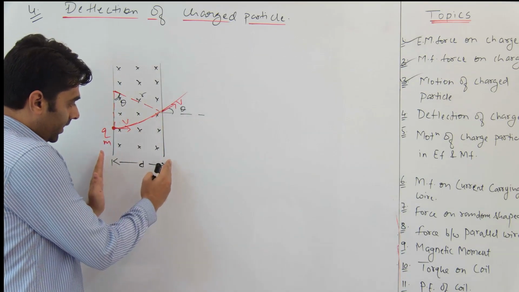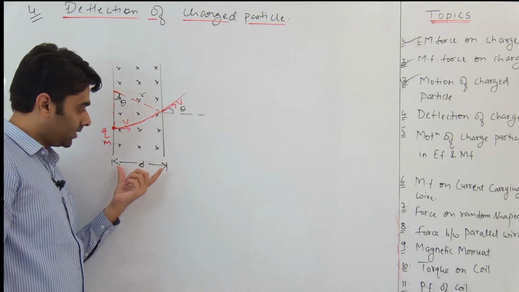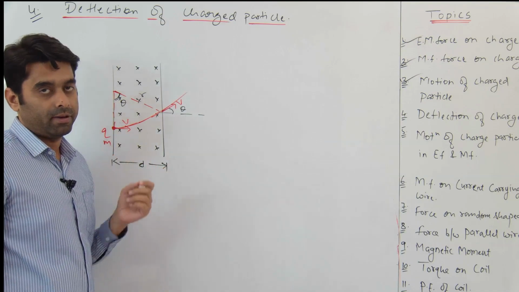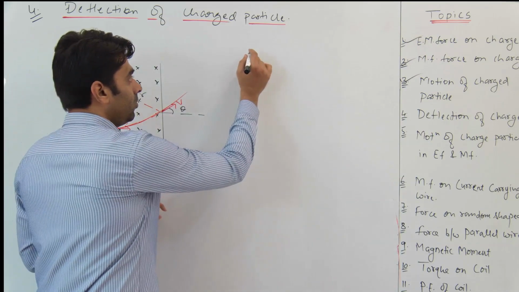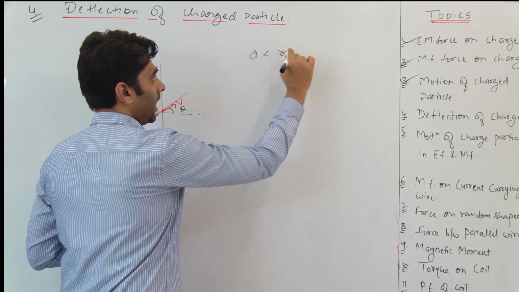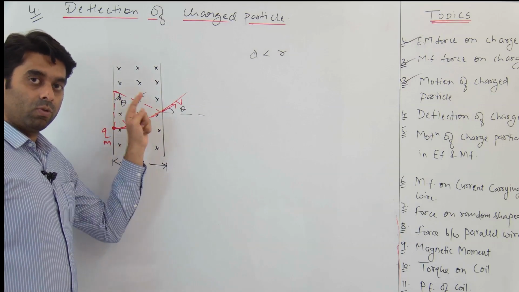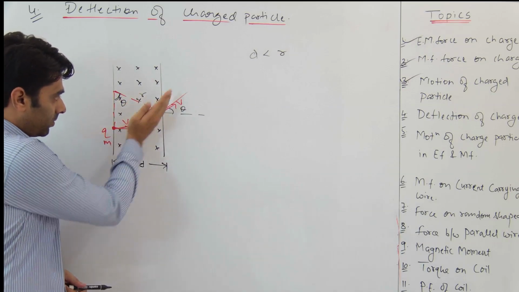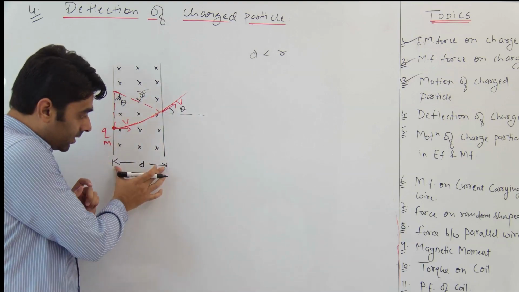This magnetic field is present in a region only till d, right? This d is the distance till which your magnetic field is present. Now let's consider a situation where your distance d is less than r. What do I mean by this? That means this particle will tend to perform circular motion with radius r, but this radius is greater than this distance